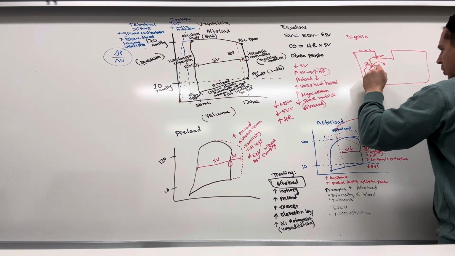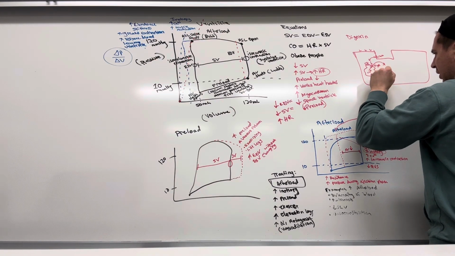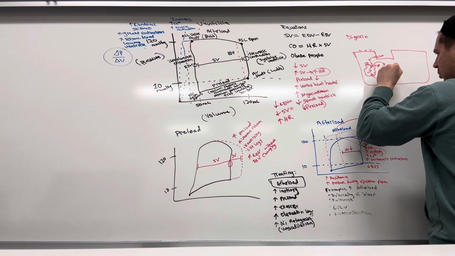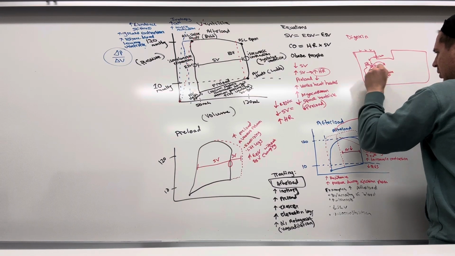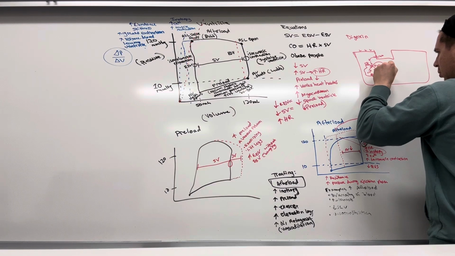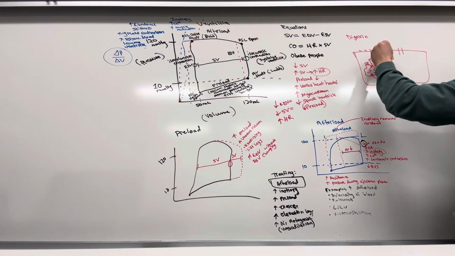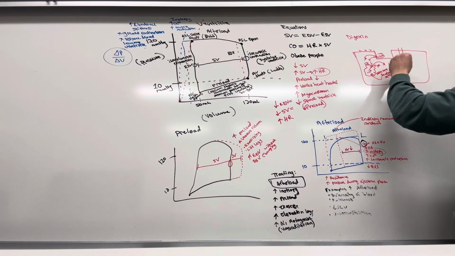Okay, we know that's a calcium-induced calcium release channel, but we know reuptake of calcium can occur, and that's going to be through the SERCA pump. But we also have this extracellular calcium that's coming into here that needs to come back